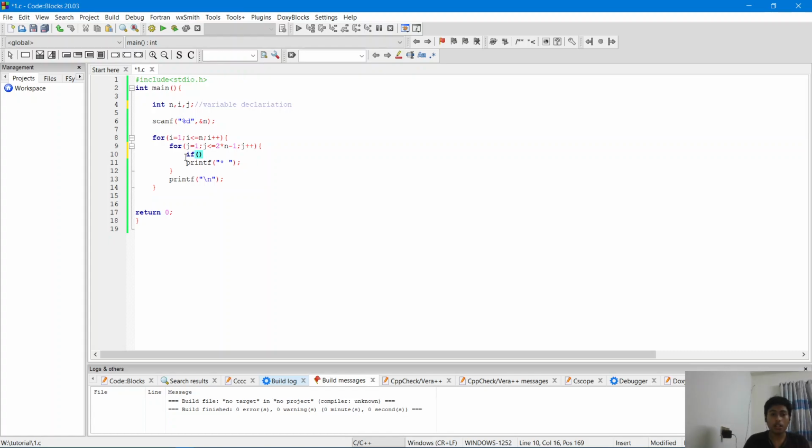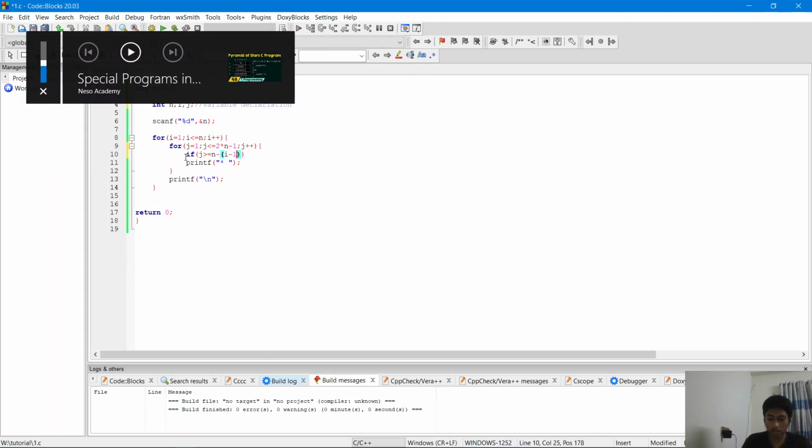Actually, this one requires some formulas in order to use a conditional and lessen the use of for loops. That's why there is a huge need of formulas. So I will use some formulas here. So if j is less than or equals to n minus i minus 1,